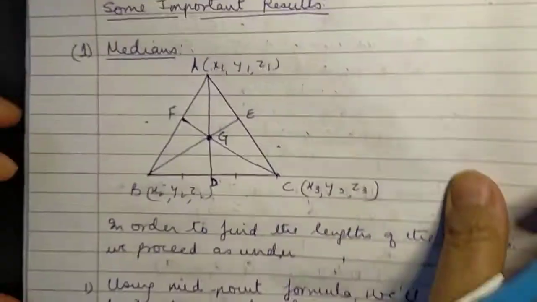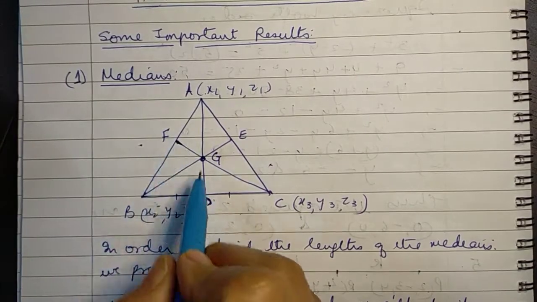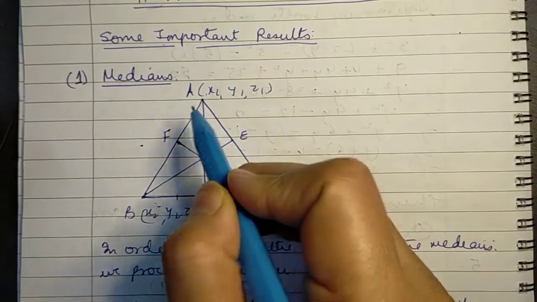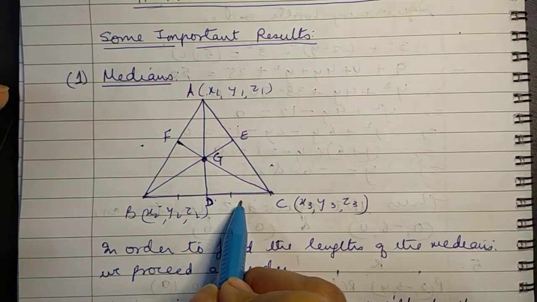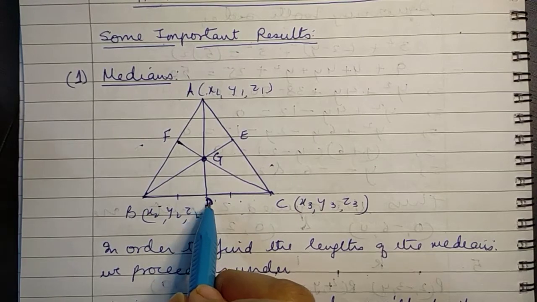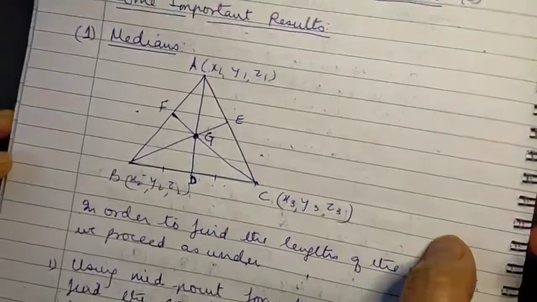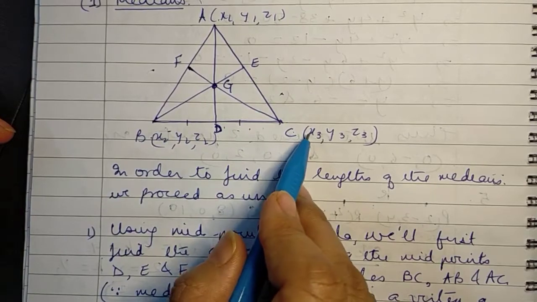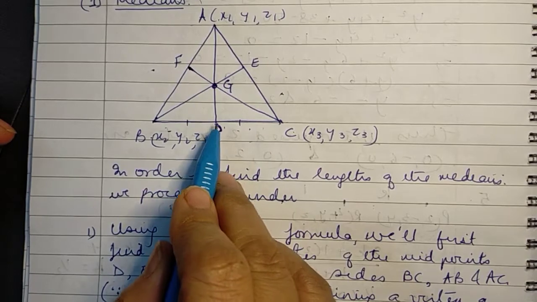In that case, what we do is we make use of two results. One is that the definition of the median says that it is the line joining one of the vertices to the midpoint of the opposite side. So in order to get the coordinates of the end D of the median AD, we make use of the midpoint formula. Since we know both the vertices B and C, using the midpoint formula we can easily find the coordinates of the